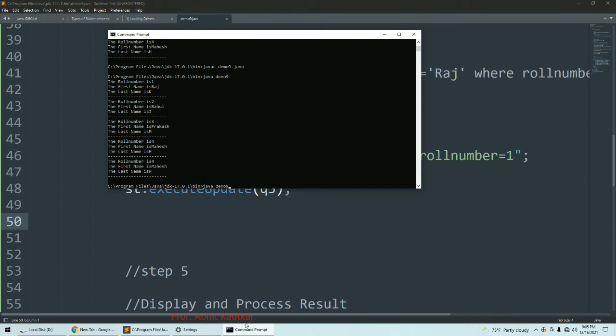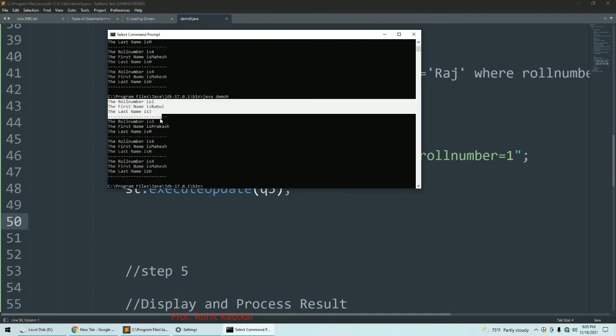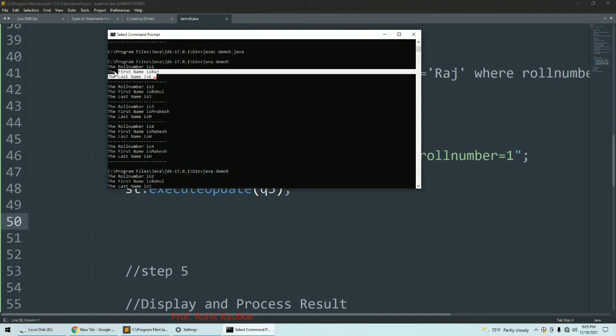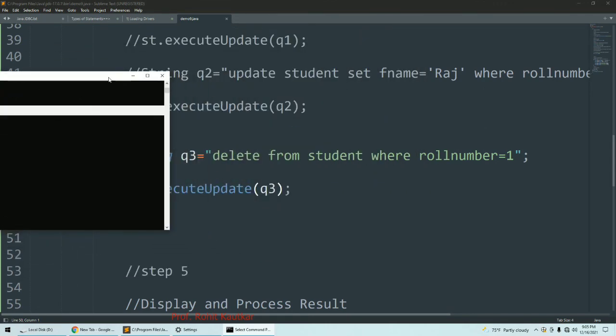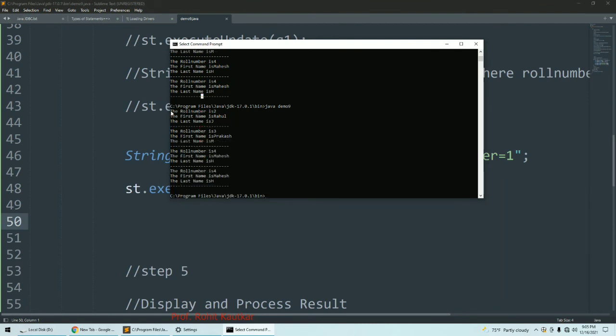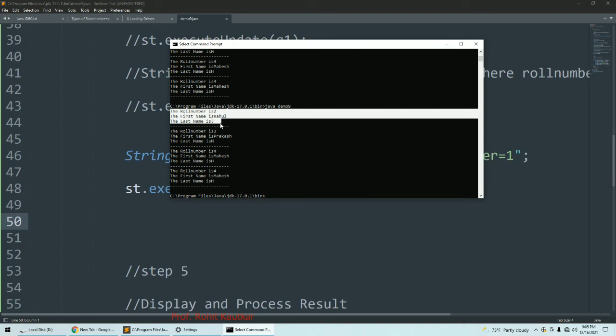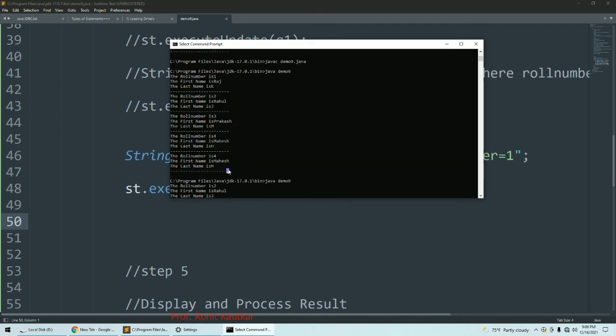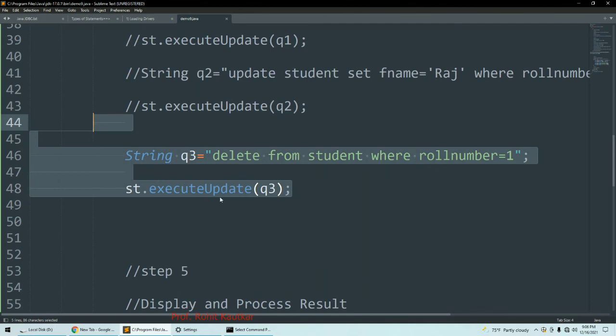Again, to view the result, I will run it again. Now you can see we have only these records available. So this record got deleted. What was our condition? Delete from student where roll number is 1. Now you can see the record which had roll number 1 is deleted. So we have roll numbers 2, 3, 4, 5, and 4 is doubled over there actually. So this is how the delete query will execute.